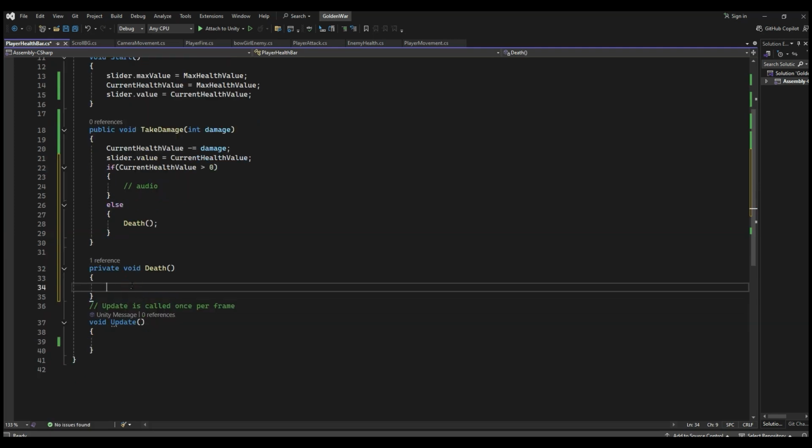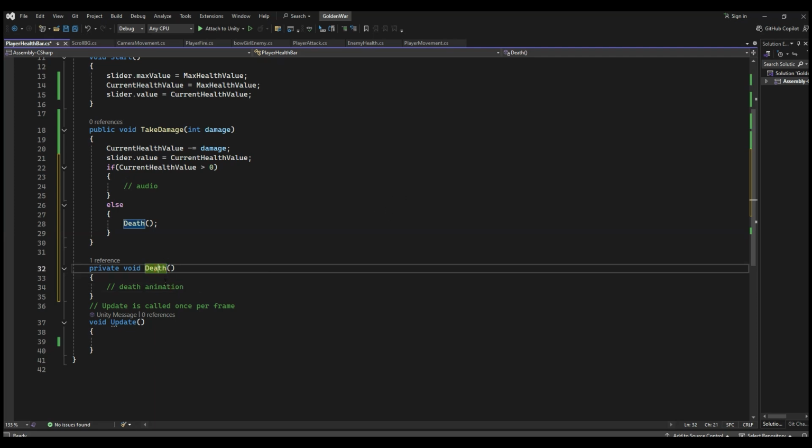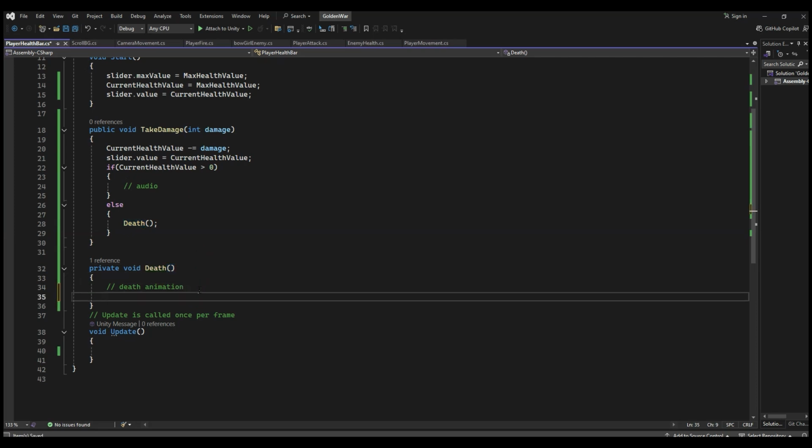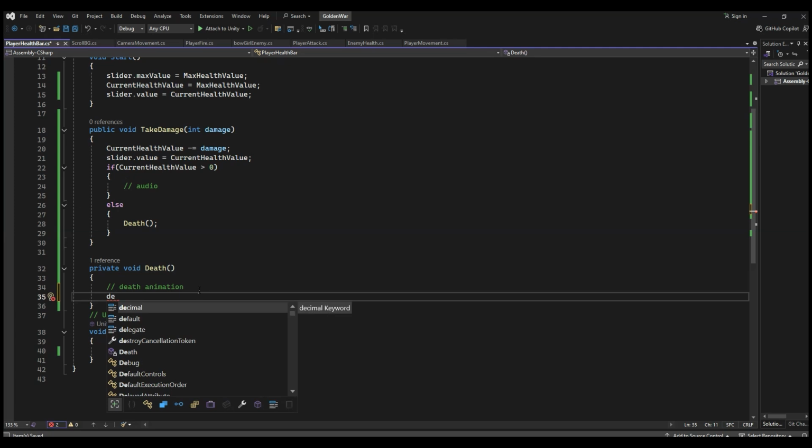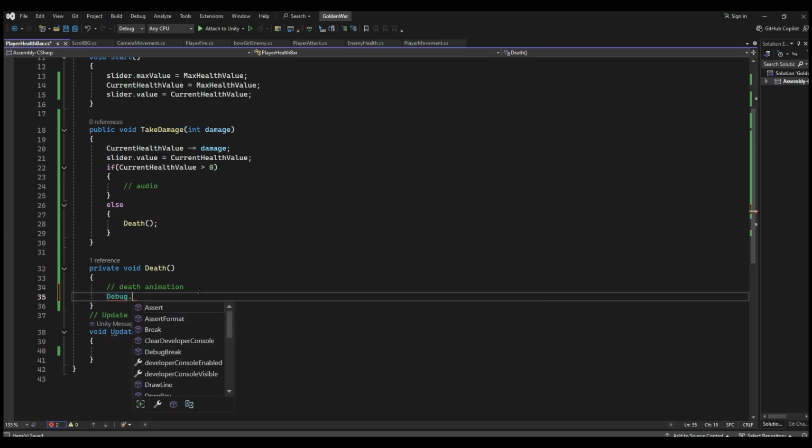For example, the player shows the death animation and also the sound of death, and then a new screen comes and says, okay, do you want to continue or do you just want to go to the main menu, something like that. For now, I just say debug dot log